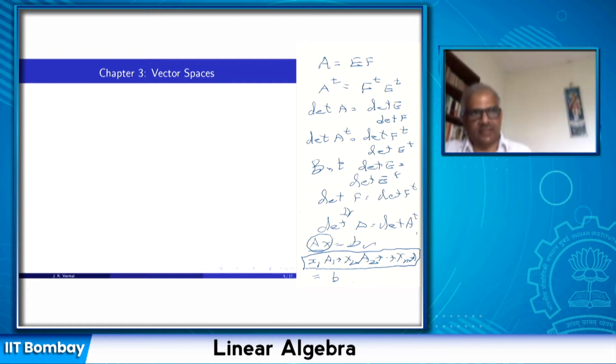Rather than just do computations with a bunch of vectors, we have to understand the space in which all the vectors live. What are the algebraic properties of that space? What are the geometric properties of that space? And understanding the space of all solutions of a system of homogeneous linear equations, or the space of all vectors, gives better insight into solutions of a given system of linear equations. So our ultimate purpose in linear algebra is to solve systems of linear equations.